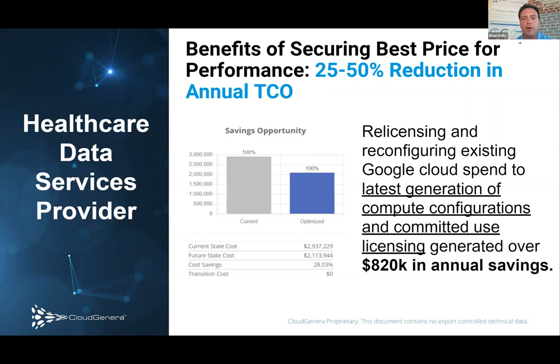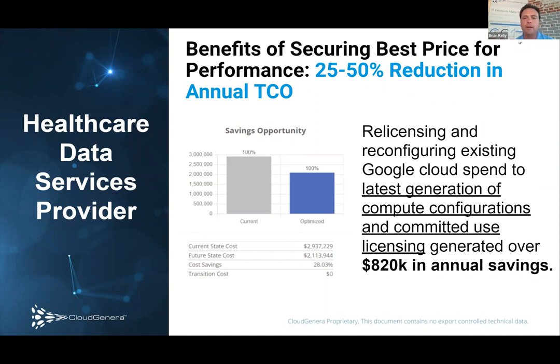savings. And note that the cost of transition is negligible, meaning if we're just talking about relicensing and we're talking about reassigning the workload to the appropriate instance configuration, these are not big ticket items to drive real meaningful savings